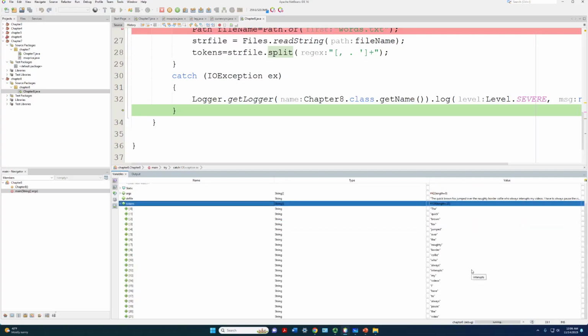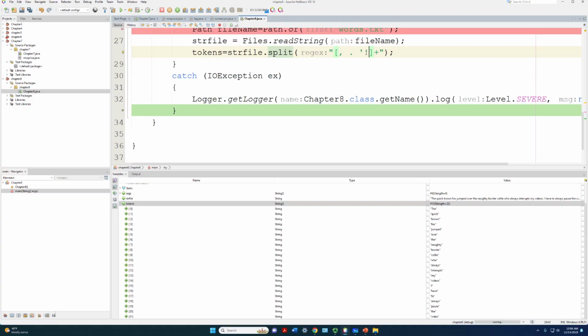Okay, so here we go. Now it takes the dot out of the videos. So you can add, we would want to add things like exclamation. Okay, so when you do this, maybe you grab a paragraph from the internet and you throw it in, throw in all your other